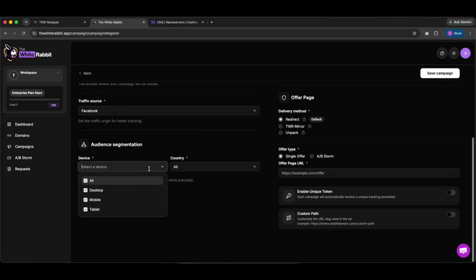So if we're advertising to all devices, you can leave all of them selected here, and the same goes for countries. This way you're specifying that everyone is eligible to pass through the White Rabbit filter and can reach your offer page as long as it's qualified traffic. Just because you left all of them selected here doesn't mean they will access your offer page directly without going